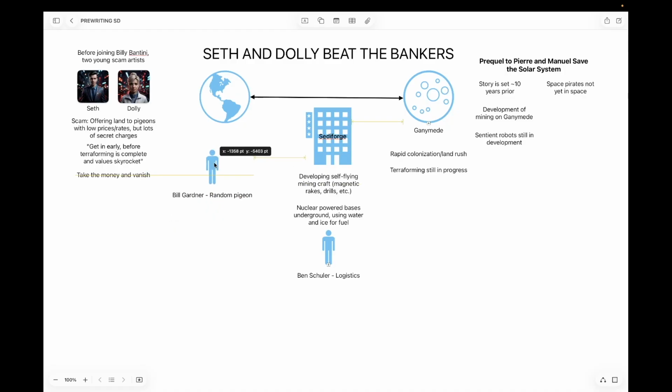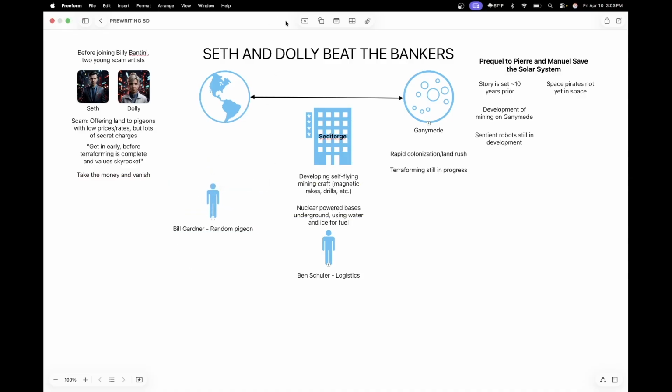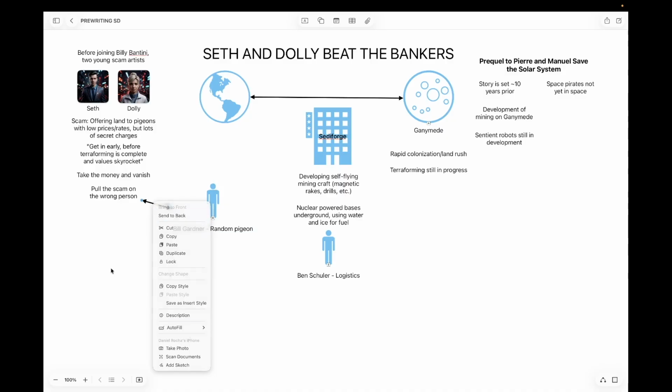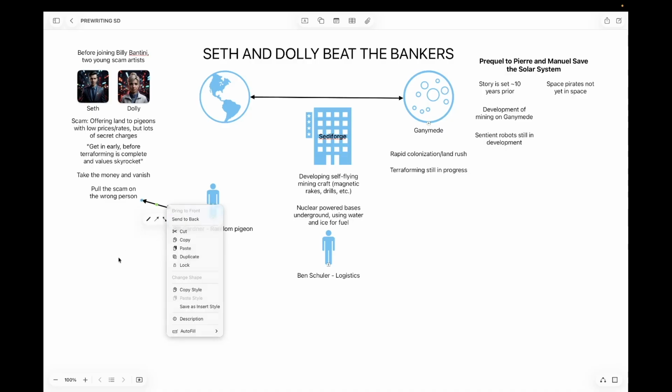And we'll say that this guy, we'll say that Seth and Dolly pulled the scam on the wrong person. Now, that doesn't necessarily mean that Bill Gardner is a dangerous person, but we'll change that. Oops, how do I change that? Oh, there we go. Good. He's on the wrong person, and let's attach that to